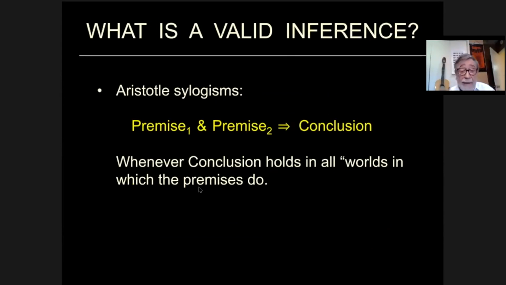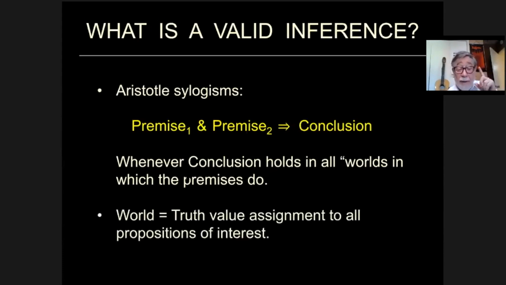Eventually we came out with the idea that the syllogism, if premise 1 and premise 2, then conclusion, is true whenever the conclusion holds in all worlds in which the premises do. So the key here is the idea of world, and the idea that the conclusion holds in all worlds in which the premises hold. Okay? One can describe it in the form of a Venn diagram, but let's keep on reminding ourselves of the